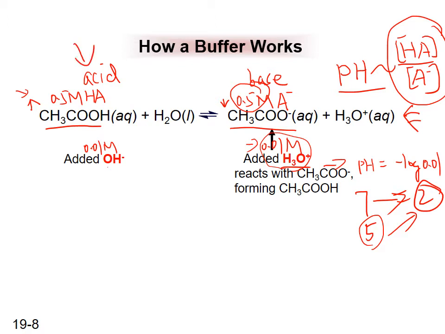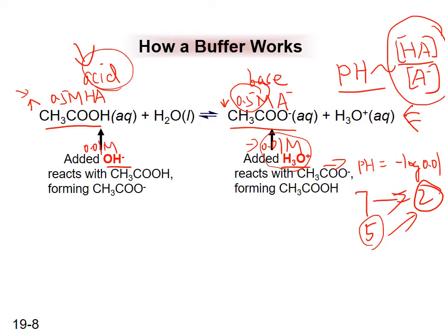So the hydroxide will react with acetic acid to form the acetate anion. Again, in this case, the acetic acid decreases a small amount, the conjugate base increases a small amount, and the change is very small because 0.5 compared to 0.01, the ratio doesn't change much again, and